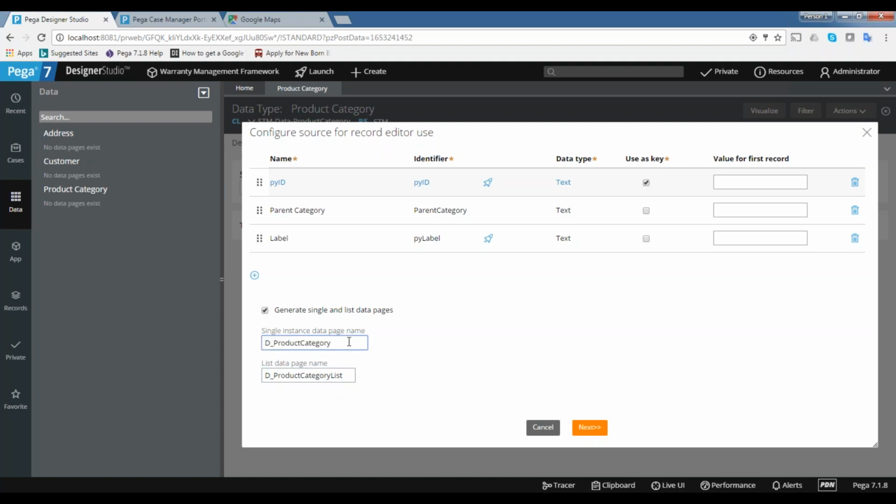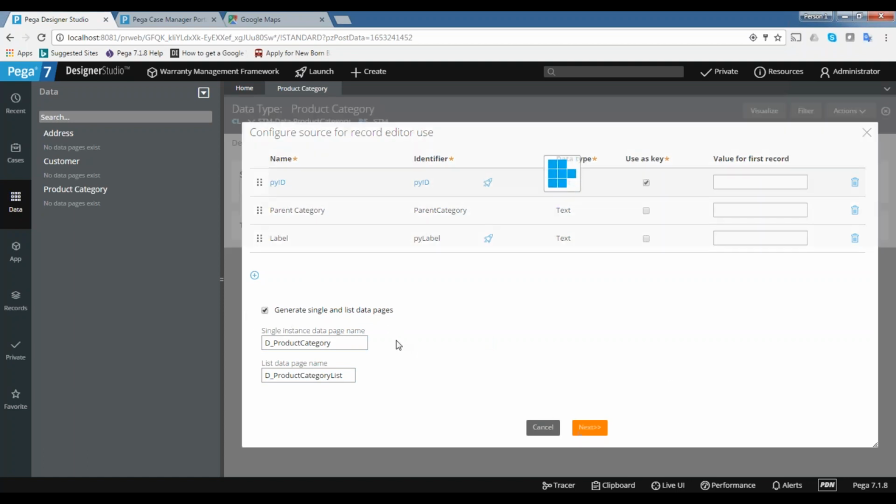If I want to get a single record, I will go for this single instance data page. If I want to get multiple records, I will go for the list data page. That is why the system is automatically creating those two rules, and we don't need to create them manually. We will see these things as well. These are the system generated rules.